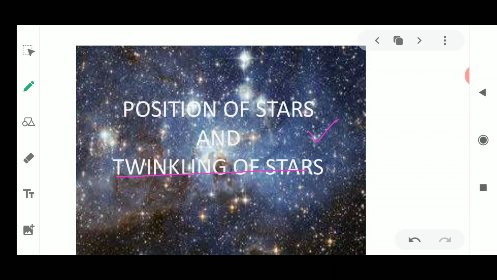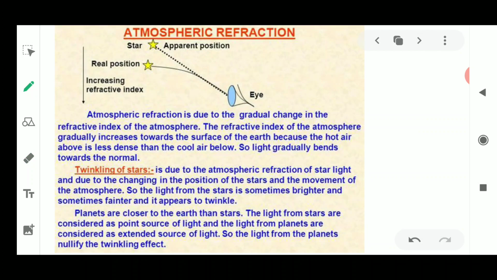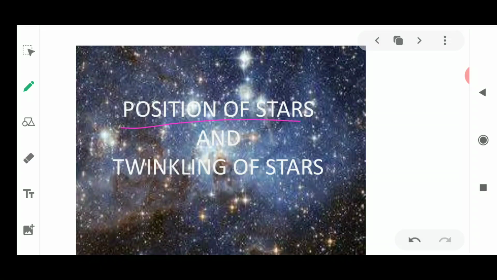If the night is very clear, meaning it is free of pollution and dust particles, then you could see the twinkling of stars, and the sky full of stars always looks beautiful. How is it possible that the stars twinkle? Is there any difference between the position of the stars when they twinkle and where they are actually present? Are they present over there only, or are they placed somewhere else? The twinkling of stars is another example of atmospheric refraction.